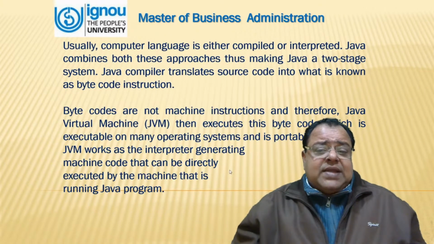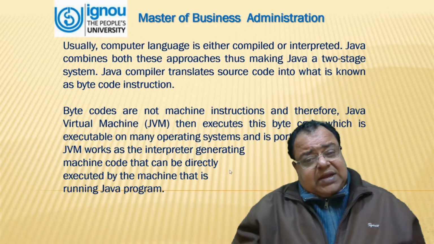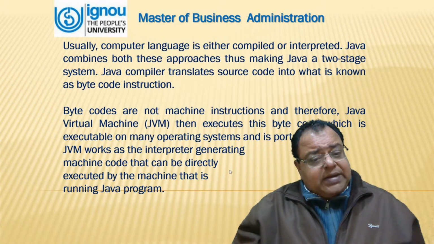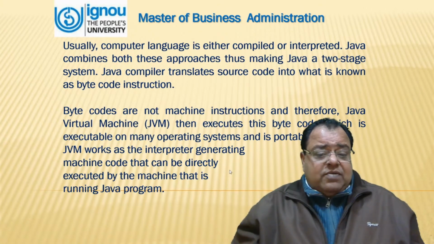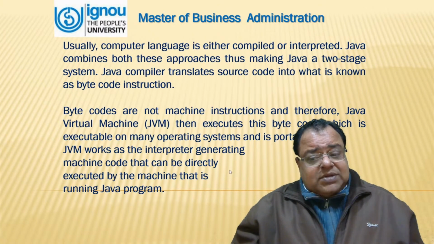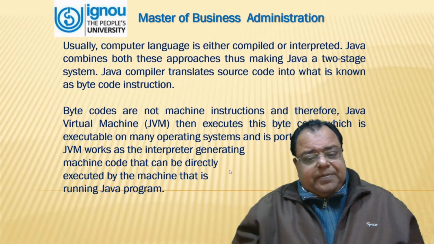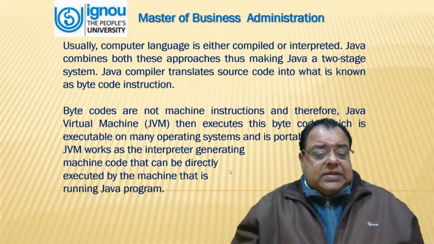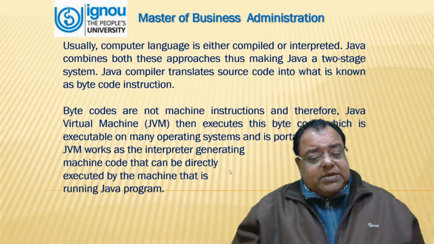Usually, a computer language is either compiled or interpreted. Java combines both these approaches, thus making Java a two-stage system. Java compilers translate source code into what is known as bytecode instructions. Bytecodes are not machine instructions and therefore the Java Virtual Machine, that is JVM, then executes these bytecodes, which is executable on many operating systems and is portable. JVM works as the interpreter, generating machine codes that can be directly executed by the machine that is